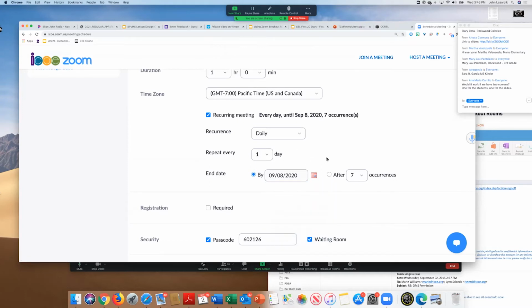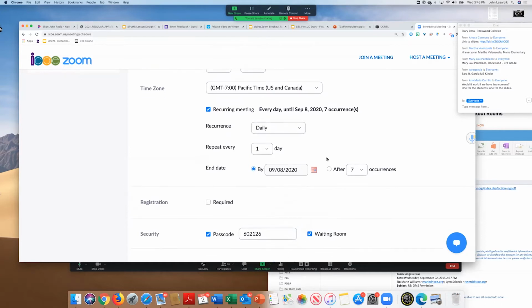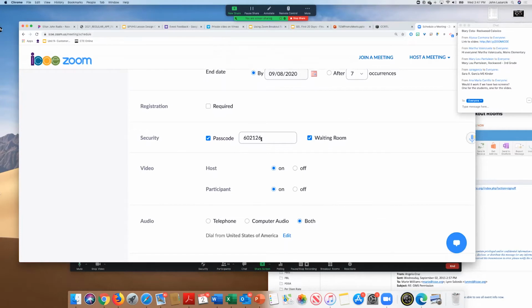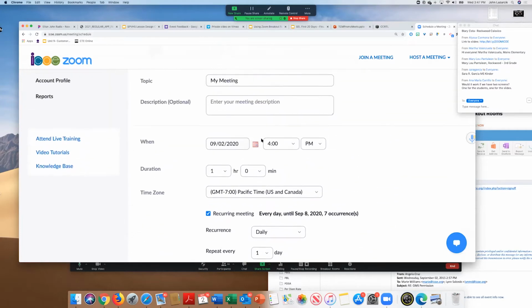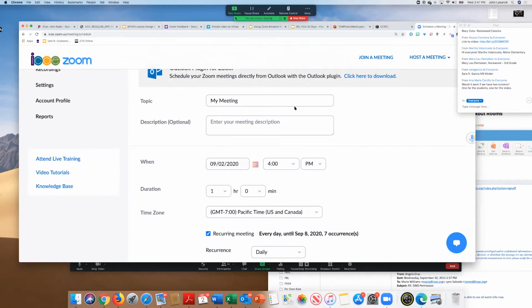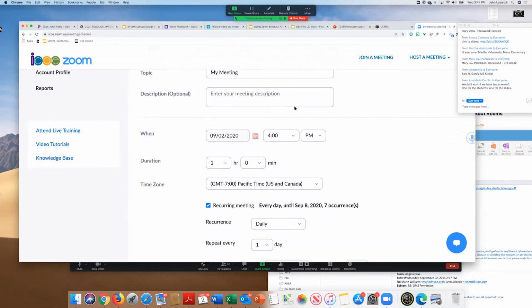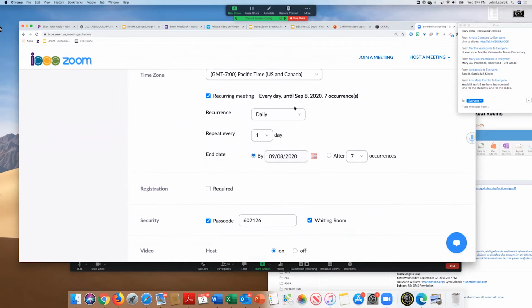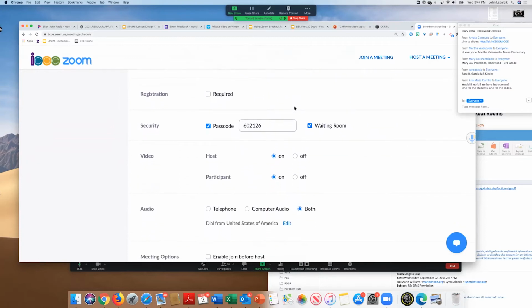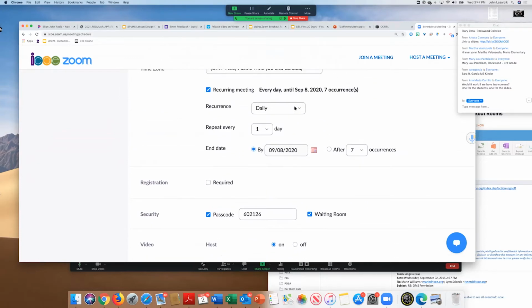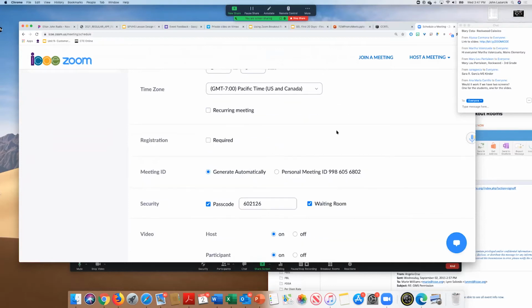This is cool if you know you're going to have a recurring Zoom meeting and you don't want to have a different passcode or a different link every time. So this will repeat that same link and the same passcode so that the kids are getting in the swing of things and they don't have to change things up all the time. So that's the recurring meeting.